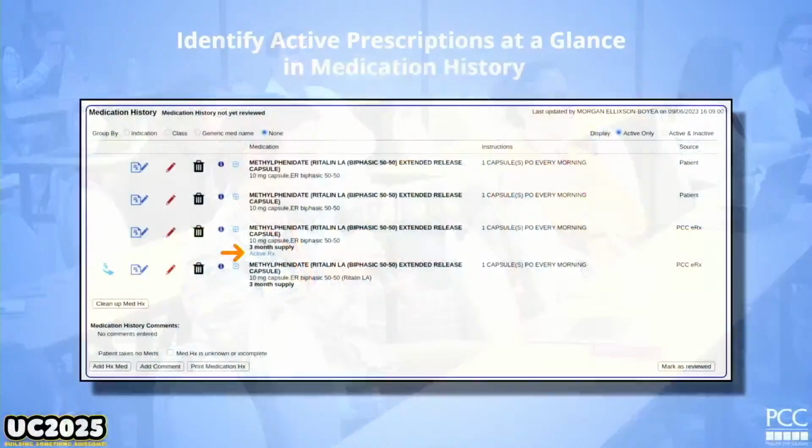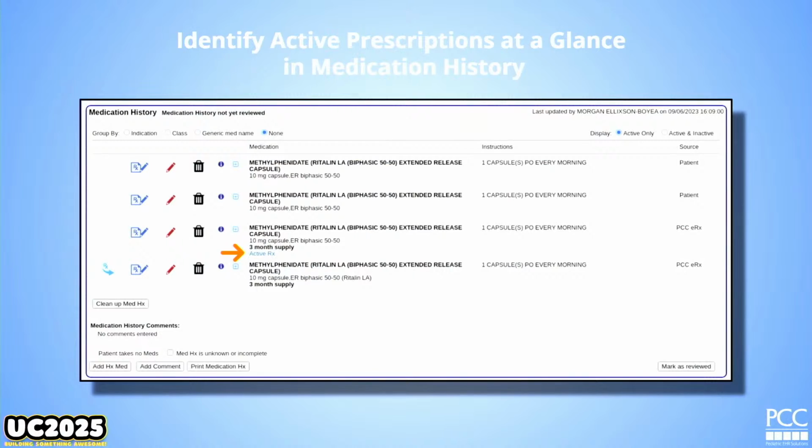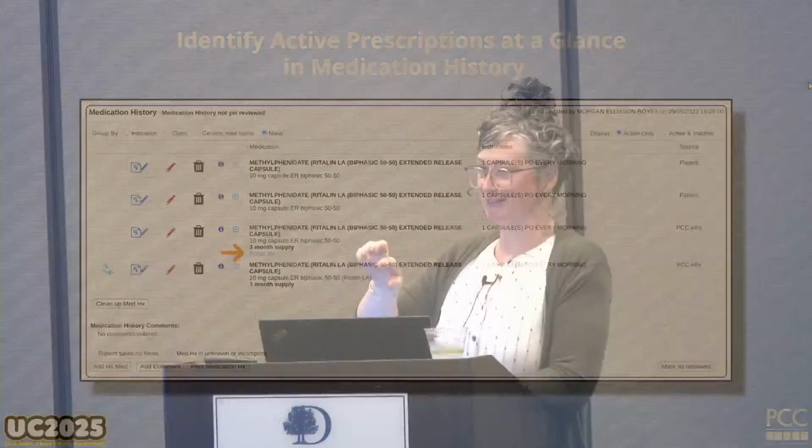Sorry. That's okay. This is a basic question, and I'm glad I'm here at the screen. It's not related to this, but the little loop RX, the swish, that's renew, right? And RX is new prescription, right? Yes. So that swish is renew it exactly the way I wrote it last time.